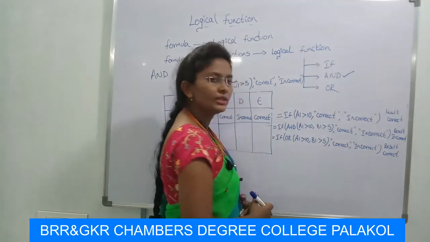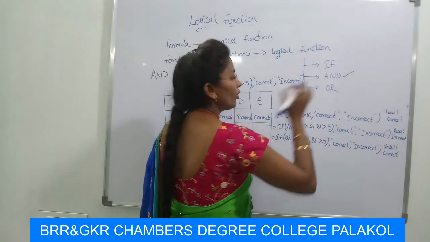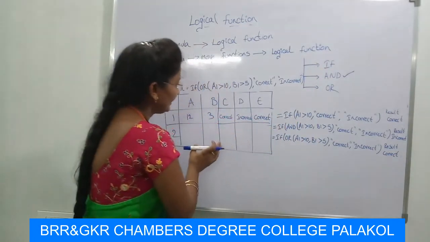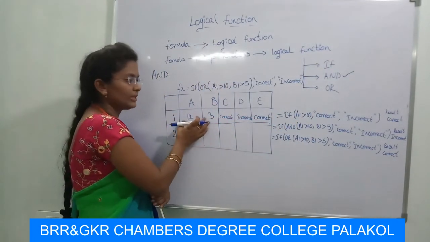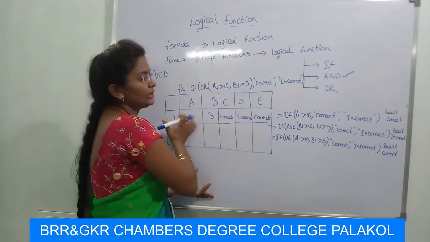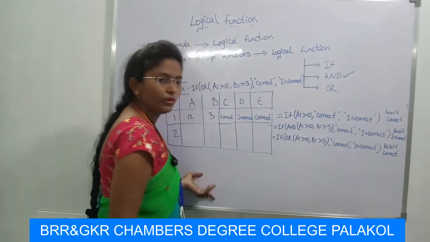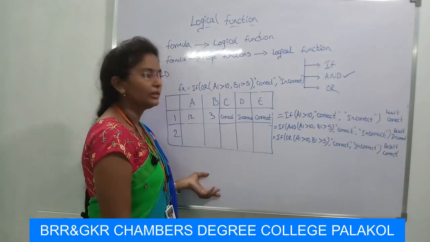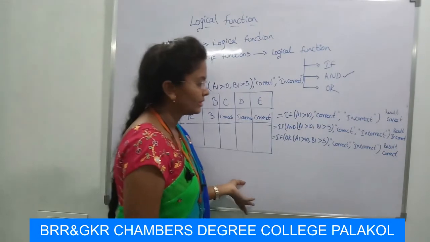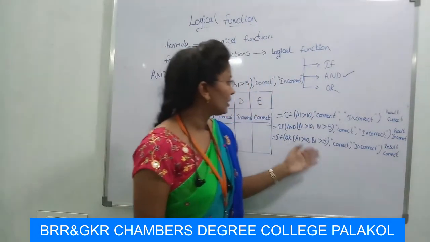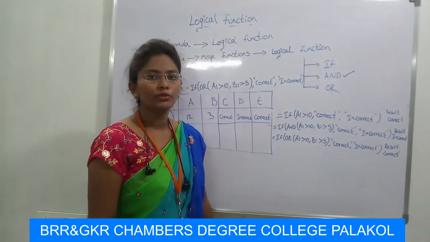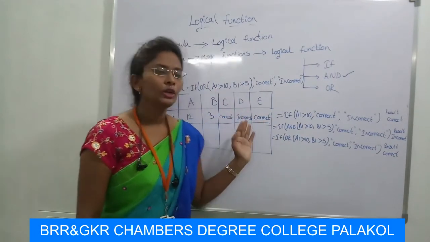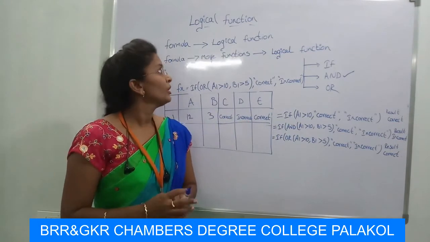First place the IF function and write the content in your Excel sheet. That means enter some data in your Excel sheet and write the formula for those numbers, and it will display the result in the current cell or active cell. These are the different ways to enter the formula in the Excel sheet for the IF function, AND function, and the OR function. These are the logical functions.